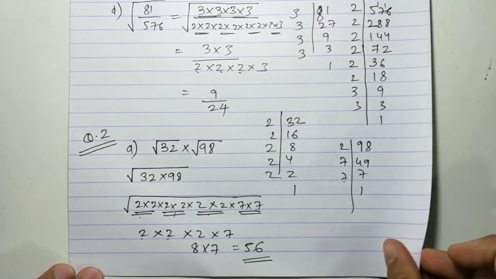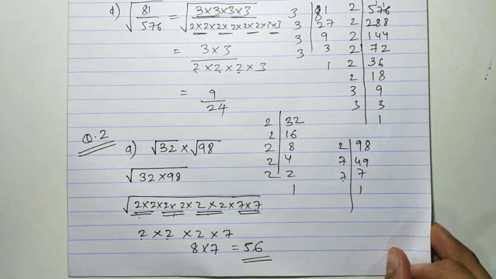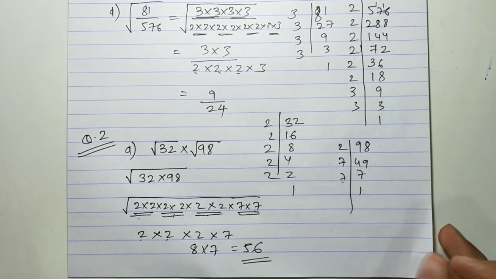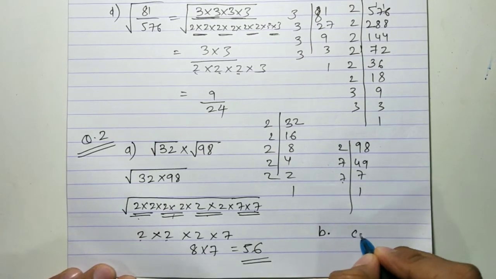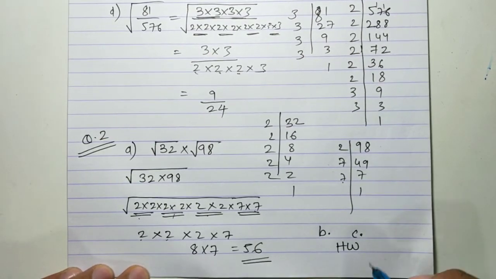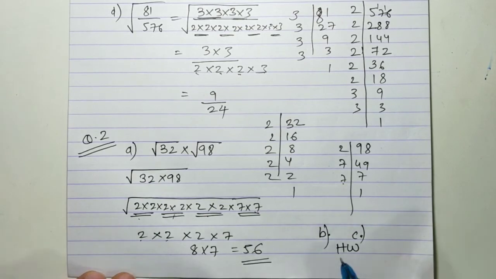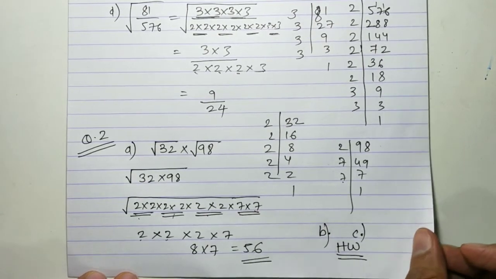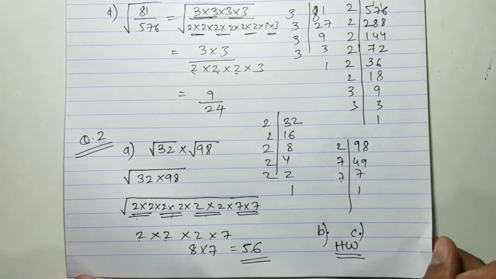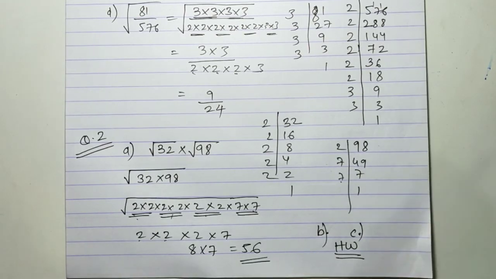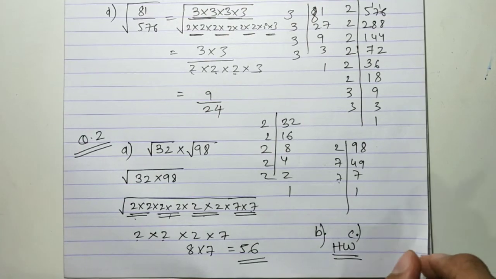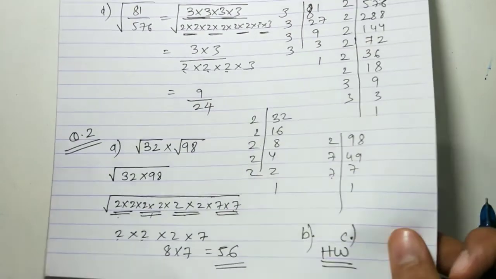Okay, I hope you have understood this type of sums. The B and the C, I want you to do it for homework, the B part and the C part. Okay, the D1 I'll do it for you. Few sums you have to do. You must pause the video and solve it on your own right now and check your answer behind the textbook. That will increase your confidence, help you practice. So pause the video and complete these two sums.